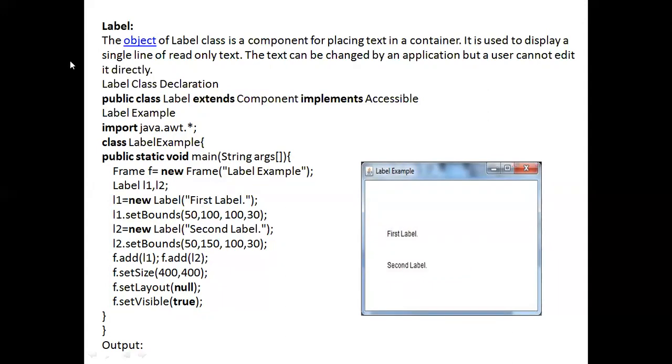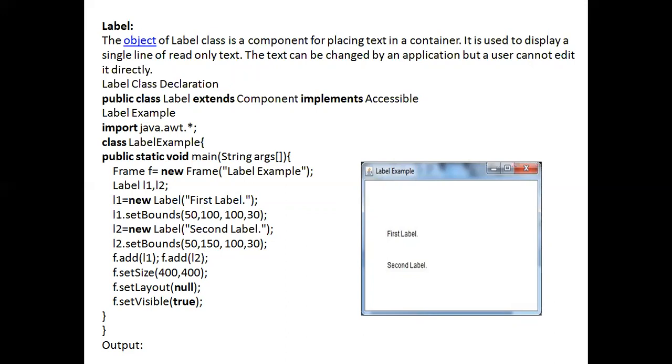The Label class declaration is like: Label extends Component and implements Accessible. An example of the Label class: the package is AWT, and the class name is LabelExample. Inside the main method, we have developed the frame: Frame f is equal to new Frame, and the frame name is LabelExample. We have declared two variables of Label, L1 and L2, the first label and the second label.